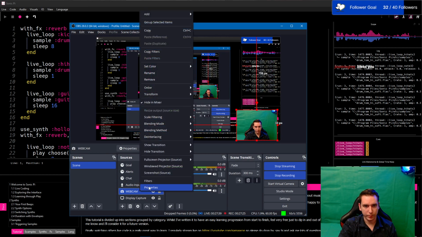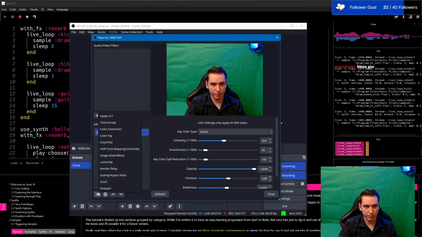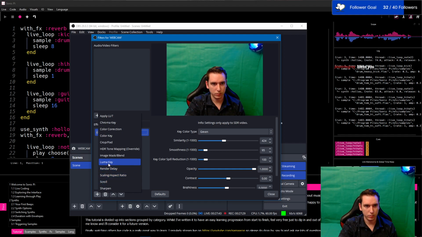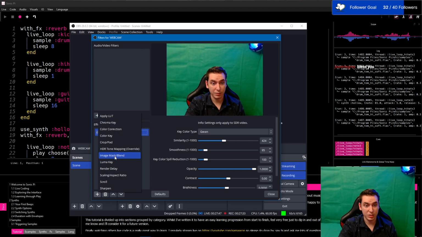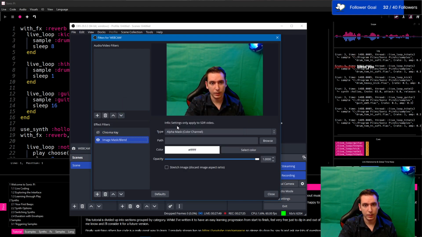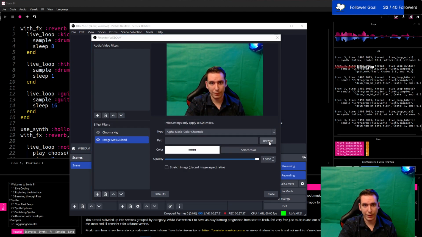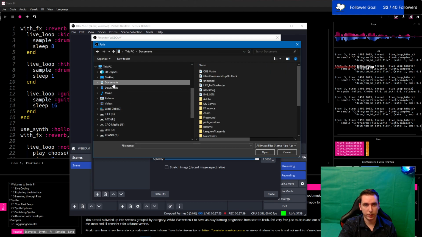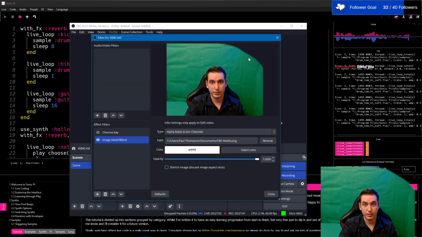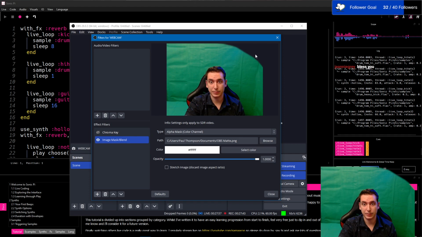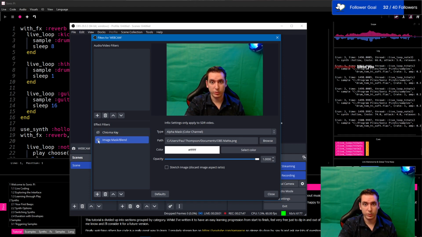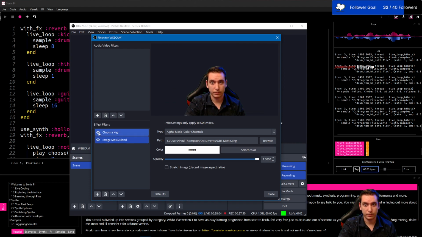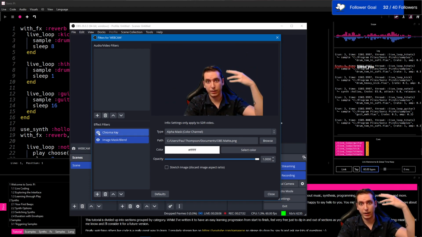So we go to filters, and then we add a filter, and we go into image mask. And then our path, we're going to go to our documents, our OBS map. See how it cuts off that light up there now. So now once we toggle back our chroma key, we've got the perfect background, and it will